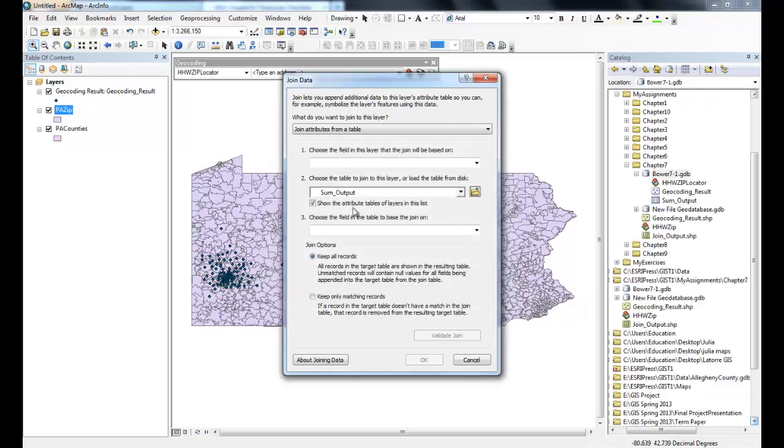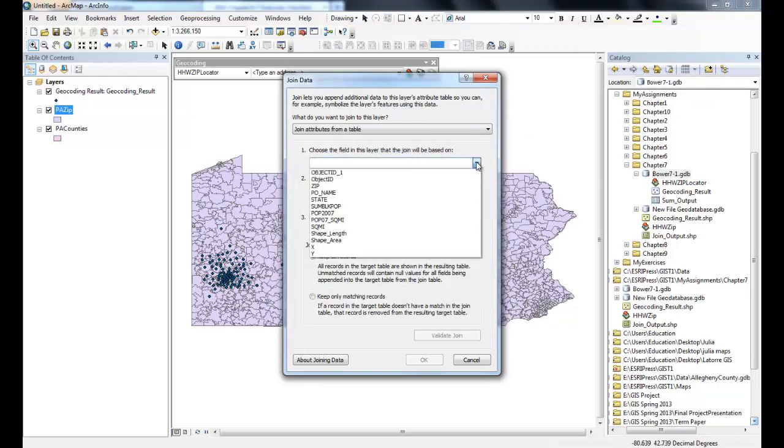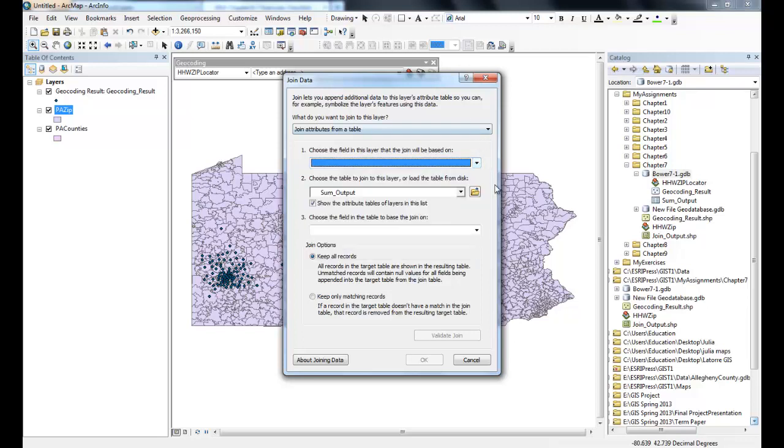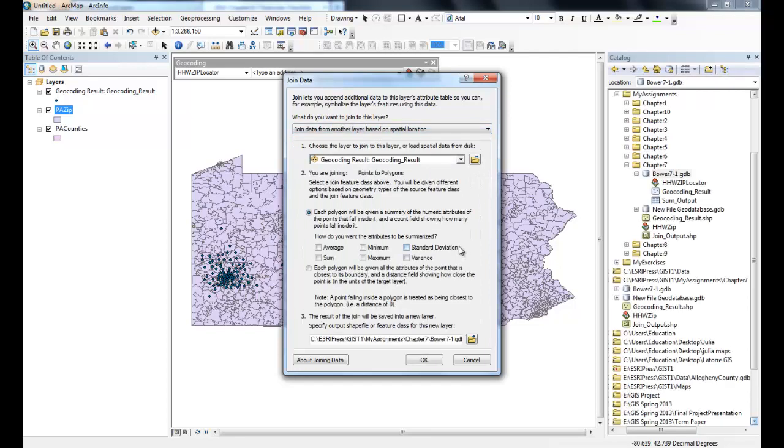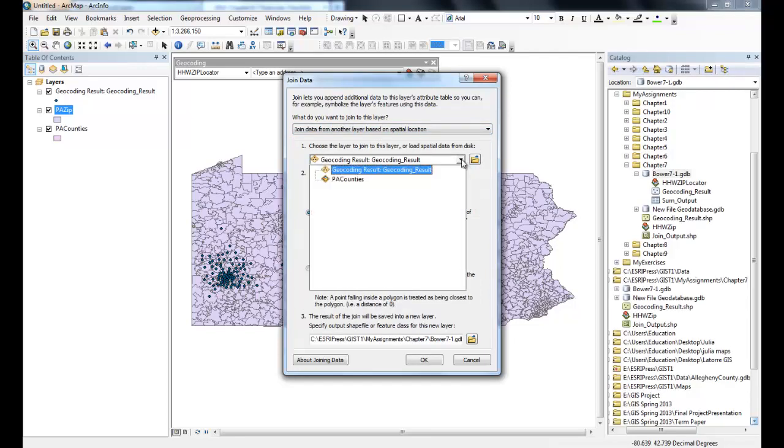Should be in here, some output. Alright, well, this is a pain in the butt, huh? Well, the other way we could do it here